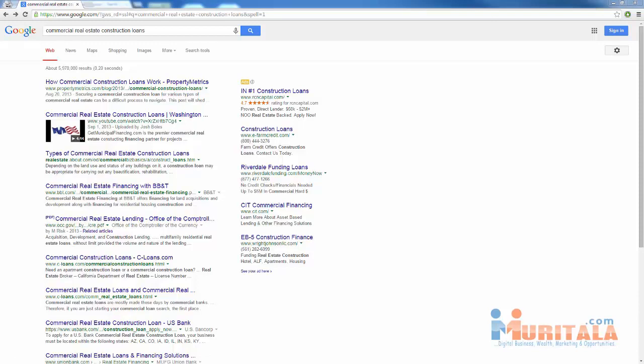So step 1, you need to find a long tail keyword, just like this here, commercial real estate construction loans. You can use any keyword tool. You can use the Google keyword tool. Search for any kind of keyword you want to rank for so we can find our long tail keyword. I recommend the search results be at least 1,000 to 10,000 monthly searches, per month. If it's anything more, I find it a lot harder to rank for. So aim for the 1,000 to 10,000 searches per month mark. And then go to Google and search that term and see if there are any videos on the first page or not. If they're not, that means there is a spot open for you to rank.